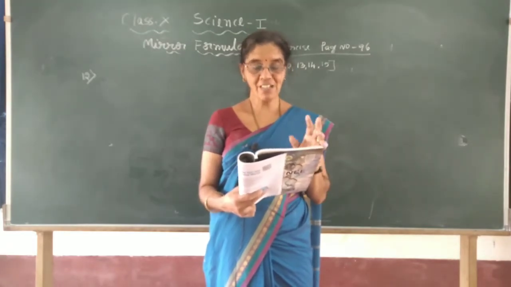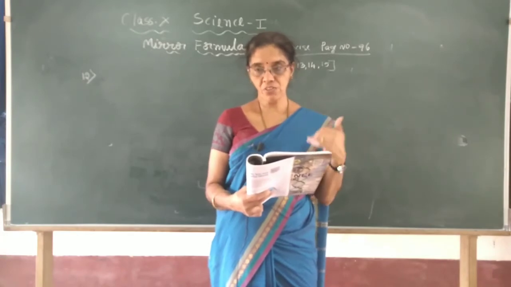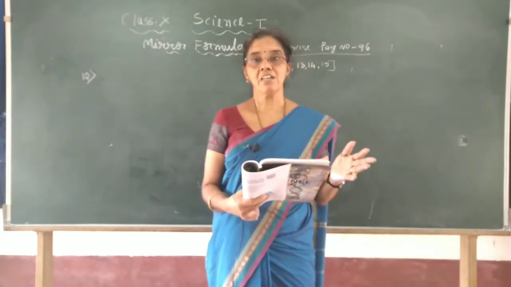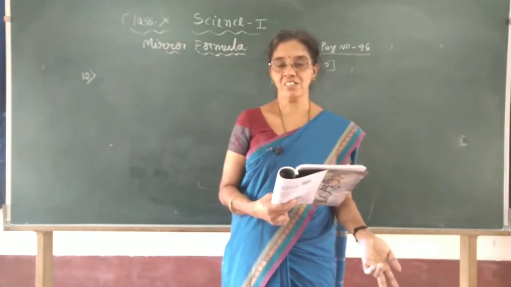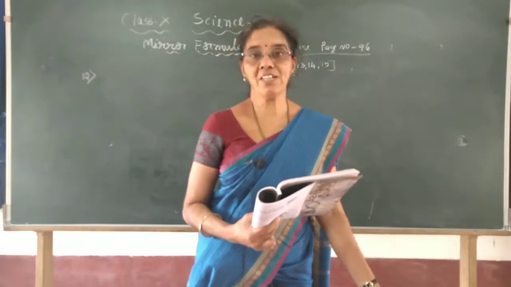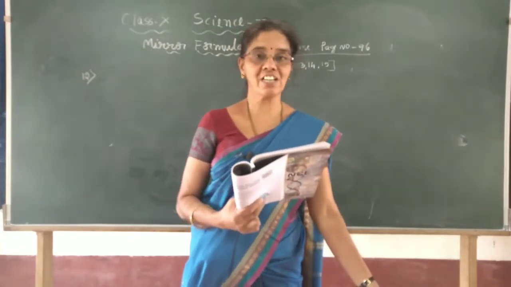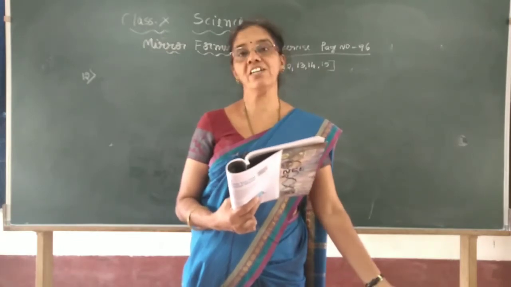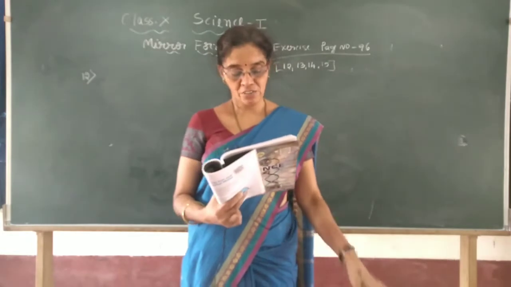So the mirror, we know now, is given as a convex mirror. We know that in a convex mirror, the image is always formed behind, and the nature of the image is virtual, and we always get a diminished image, that you can write. But the image distance we have to find out using the mirror formula. So we will work it out.